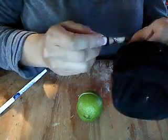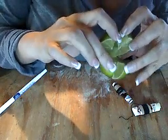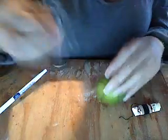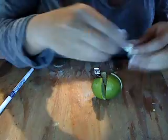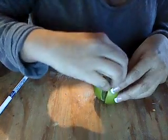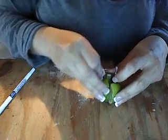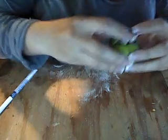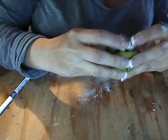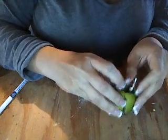And with some of this yarn, I rolled it up, and I've cut the lemon in a cross, like a four part. Okay, so I am going to put one of them here, and the other one there. Okay. And then I am going to put,